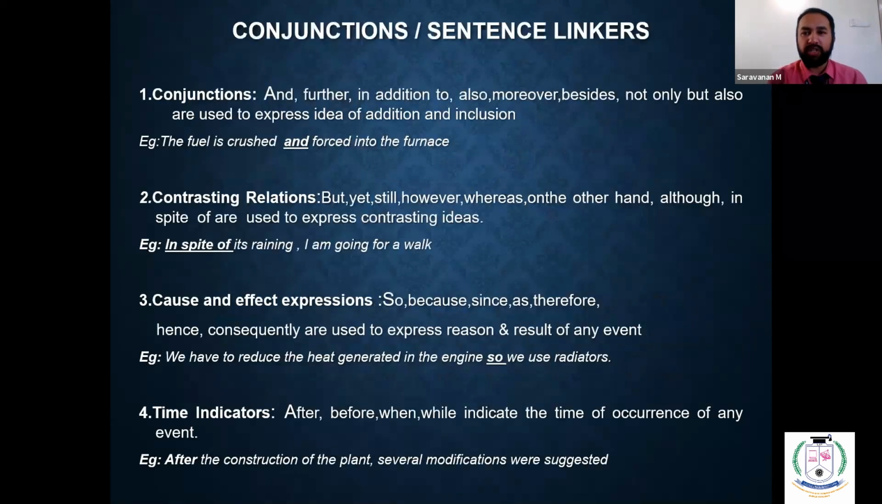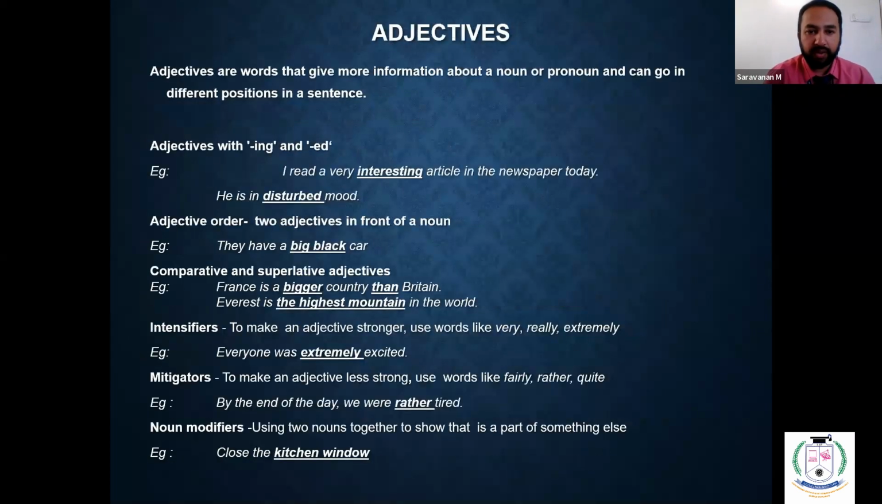Now conjunctions. Once again, we saw this yesterday. The same thing, so I don't have to repeat it again. Adjectives. What are adjectives? We have already seen. That is anything that gives more information about a noun, or anything that qualifies a noun. A word that qualifies a noun. For example,